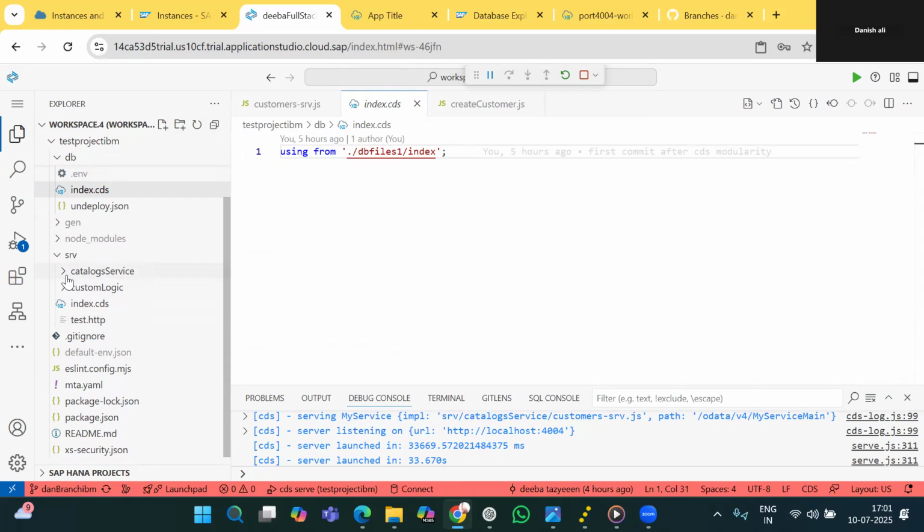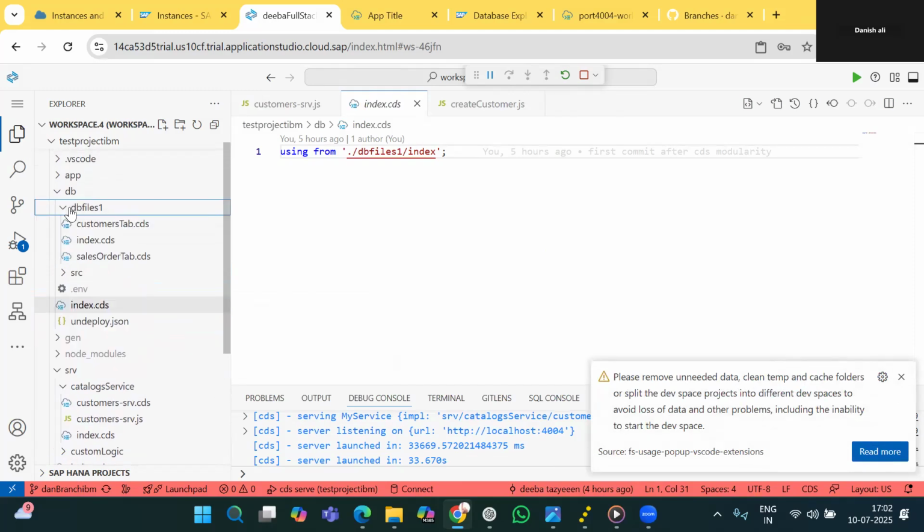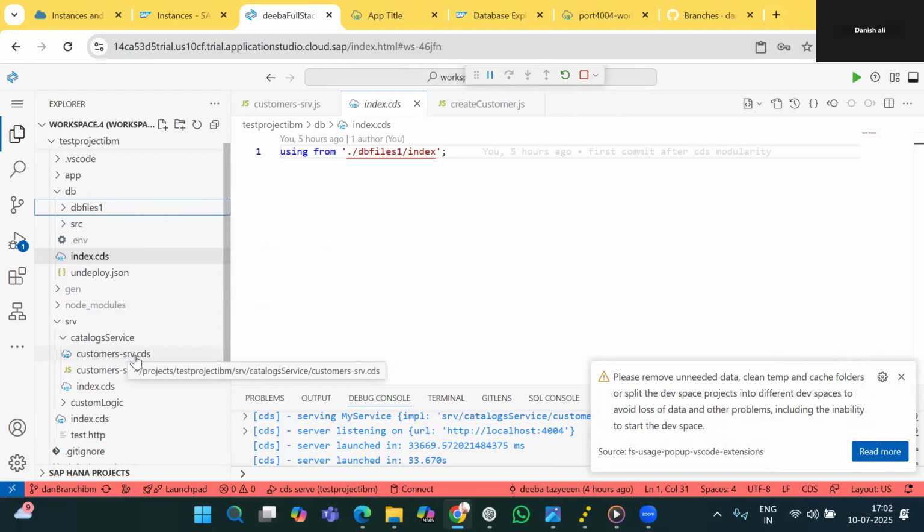What you do over here is you have got a catalog service, and inside that you're making your services and the JS files. So if you come over here, this is my customers SRV, and you see the names are different from what you see over here. It's customers tab and it is customers SRV CDS. Normally you keep the names the same, but here it doesn't matter. If you go inside the customer srv.cds,